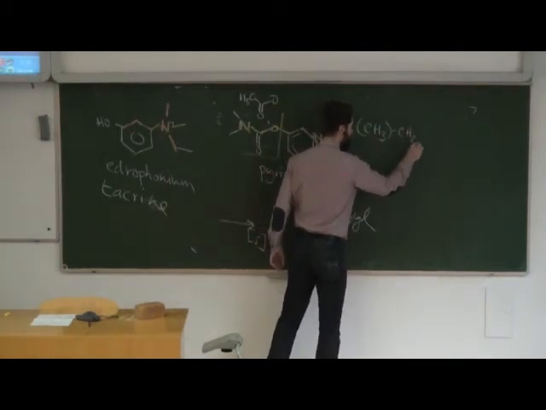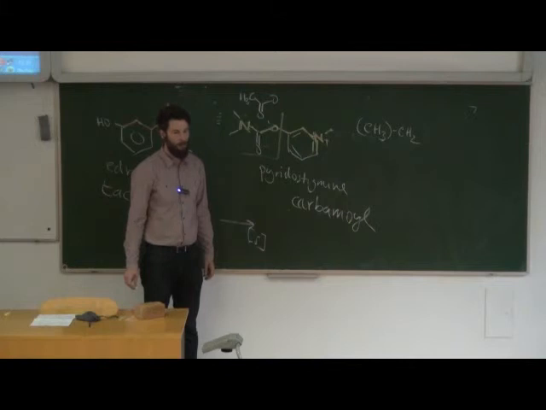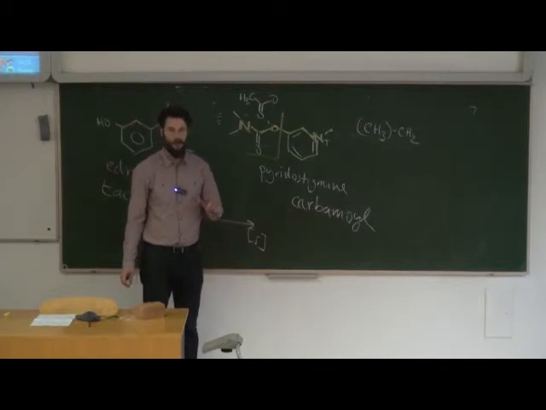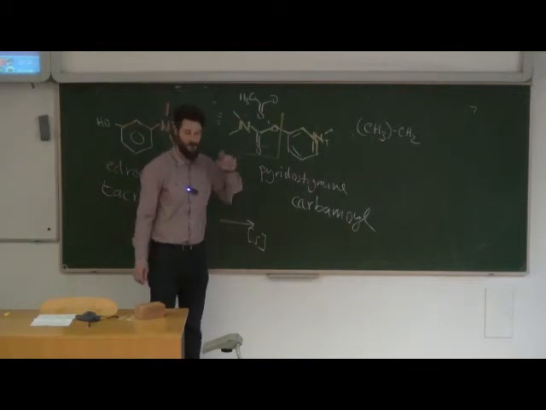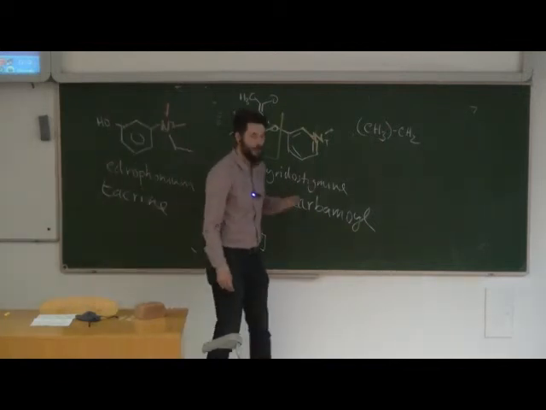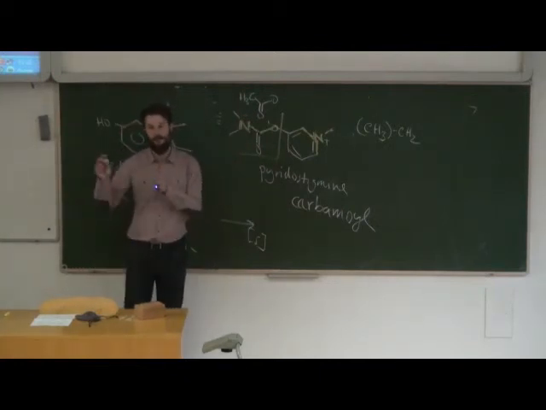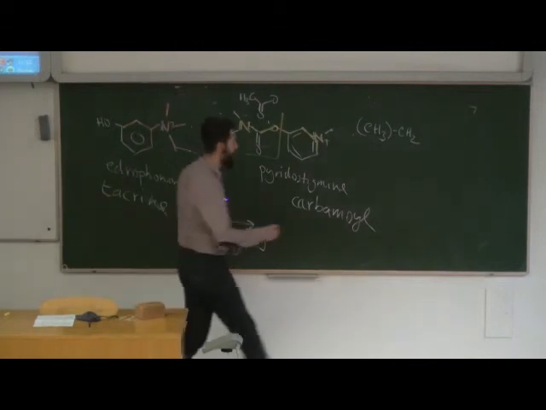How common are the carbamic groups? Do we see these in our life? Well, yes. When we talk about the synthesis of nucleosides, pyrimidines, and also the synthesis of urea, you're going to talk about carbamoyl phosphate, which is an important intermediate, which is based on this. Okay, so you'll hear about it soon enough. But anyway, it's completely unrelated. Actually, pyridostigmine is based on physostigmine, which was isolated from a plant, so it was actually found in nature, and okay, it wasn't designed. But anyway, the chemists produced this nice molecule.